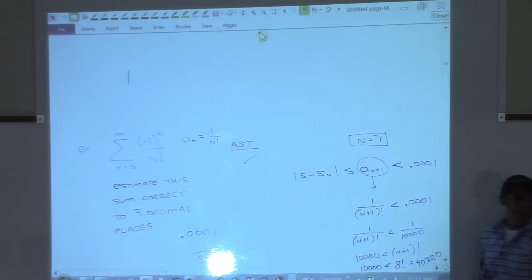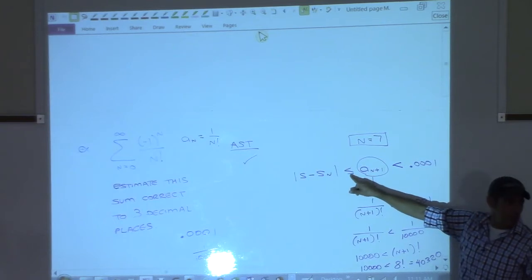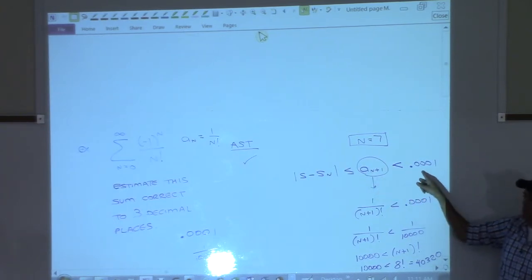Just out of curiosity, is that supposed to be less than or equal to the whole way? This one is less than. In the theorem, it's less than or equal, but we want the error to be less than 3 decimal places,